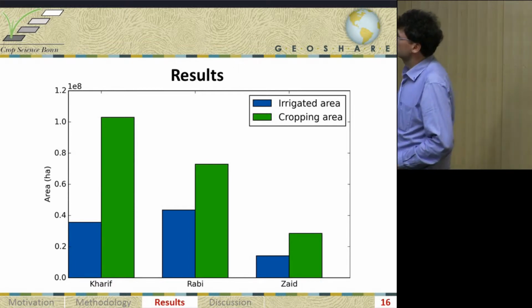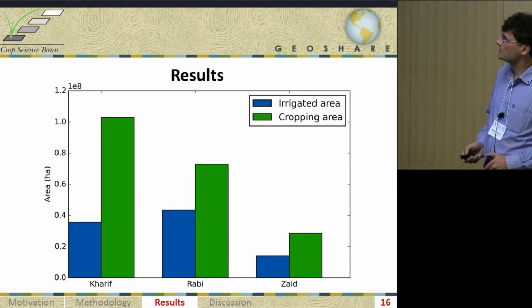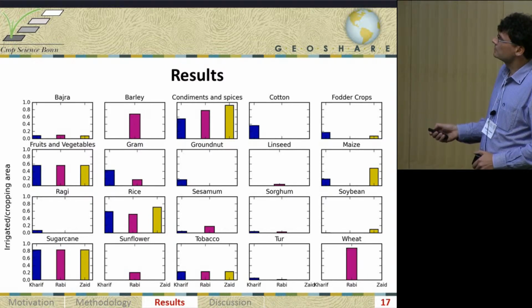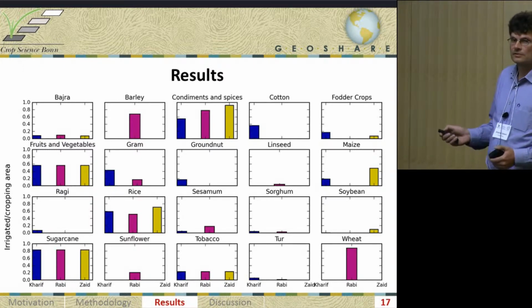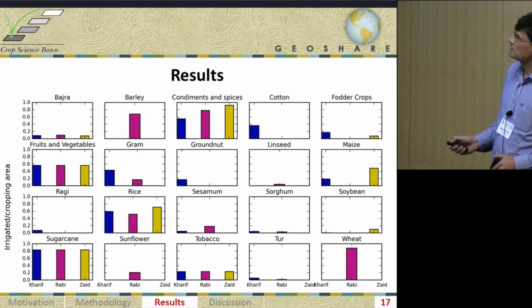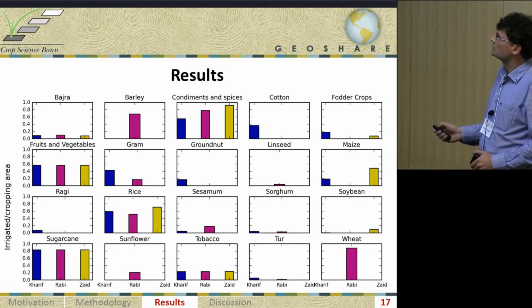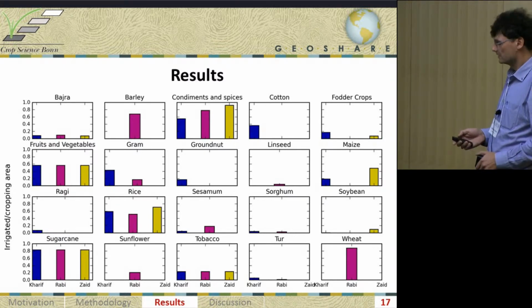So the results, as you can see here, for India as a whole, the growing area is different in these 3 seasons, and also the contribution of irrigation is different. And for the different crops, you can also see major differences. Wheat, for example, is only grown here in this Rabi season, and to a high percentage, more than 80% of the wheat growing area is irrigated. When you look here at sunflower, it's also grown in this season, but there's only very little irrigation. And then there are other crops which are irrigated depending on the season,